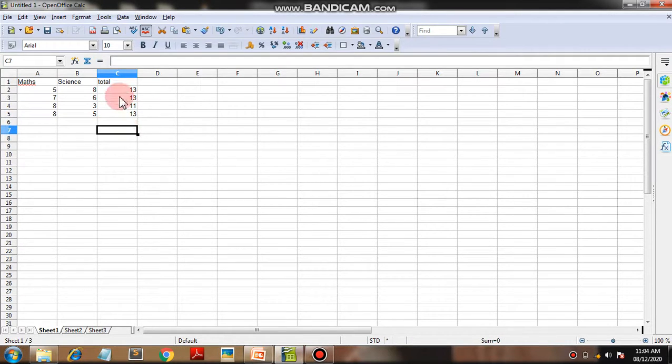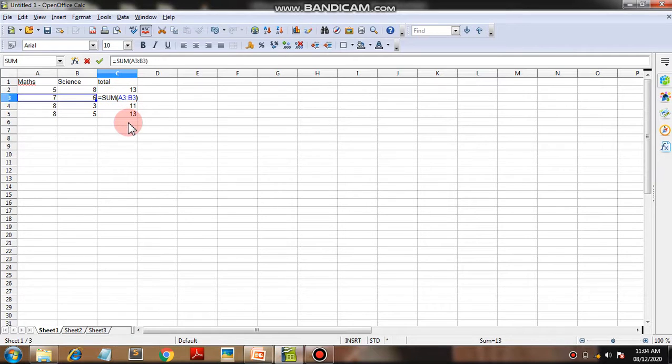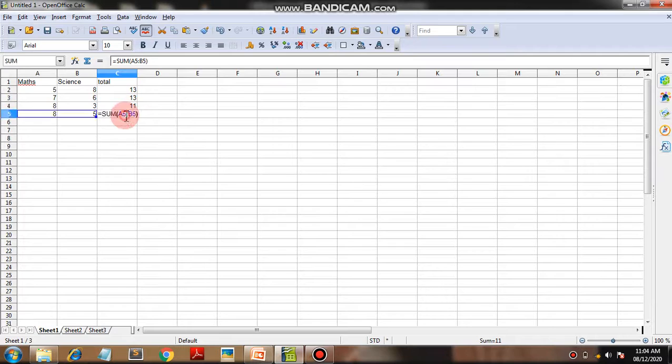Now see, the formula is the same, but the cell address is changed because we use a relative address, so that's why here the cell address is changed from A2 to A3 and B2 to B3. Same in other cells. Let's see here. See, there is also a change in the formula: equal to sum A5 or B5 from 2 or 3. So this is the use of relative address.